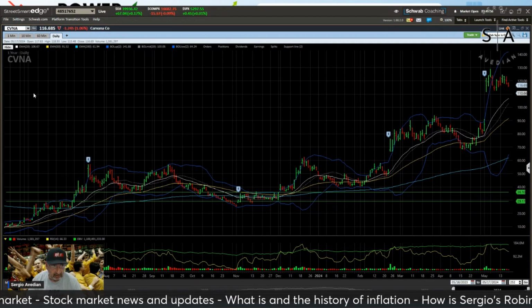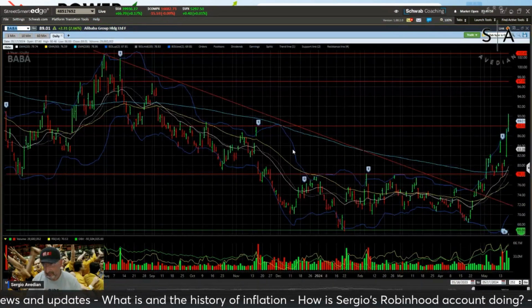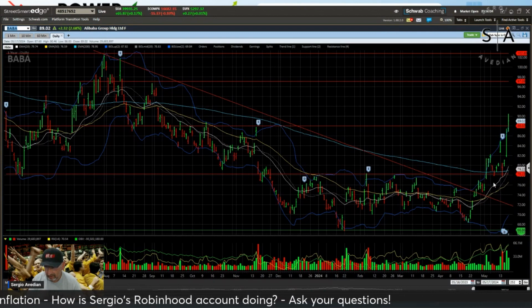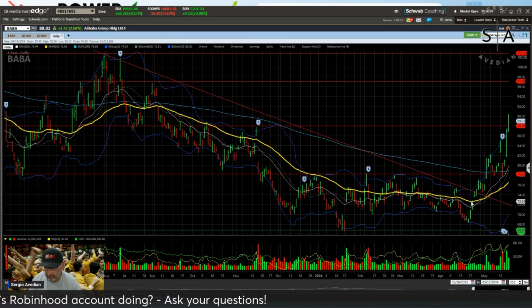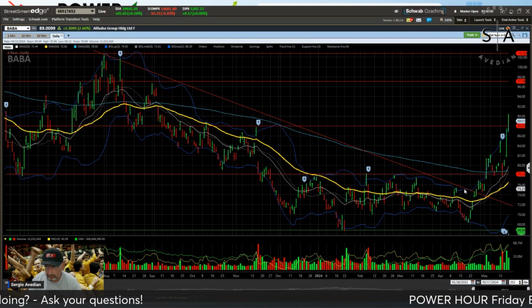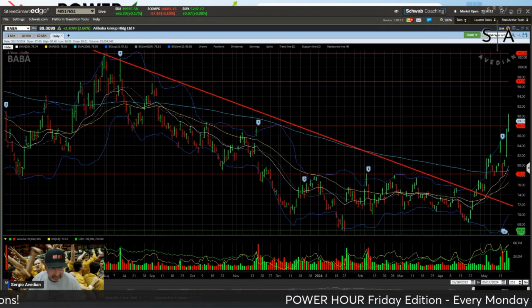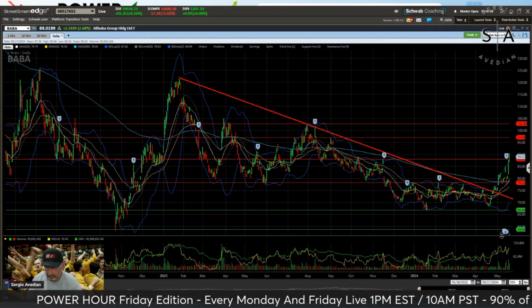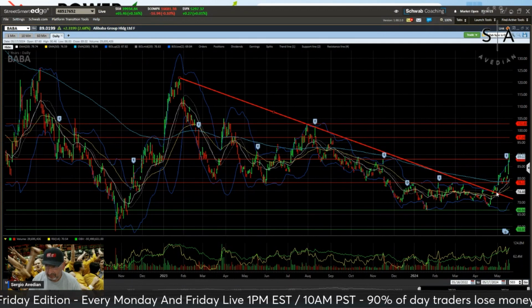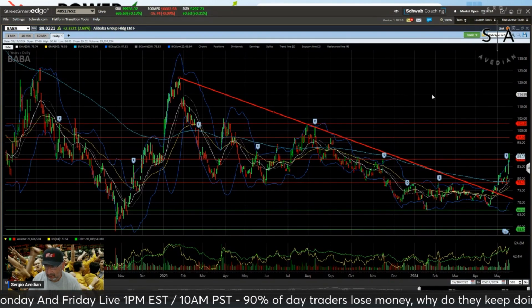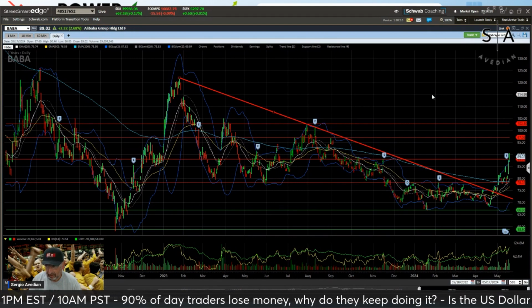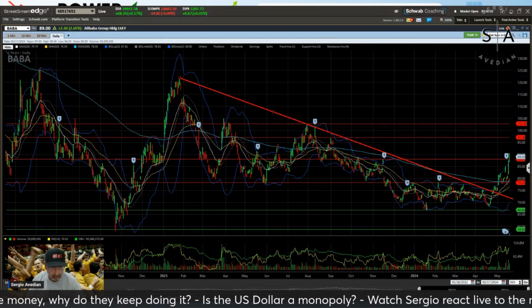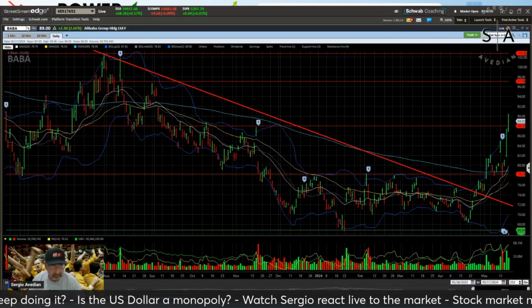And here's two of my favorites. Remember, I told you about this Alibaba 2 weeks ago, 2.5 weeks ago. It had broken out. It went above the 50-day moving average right here, right about 74. Broke the downtrend line that goes back, I don't know, to December of 2023, right? Clear downtrend, breakout at the same time, go above the 50-day, 74. Stock today is at 89. How many of you participated in this? I certainly am. I'm still long the stock, and I will buy on any pullback. The trend is definitely established now.